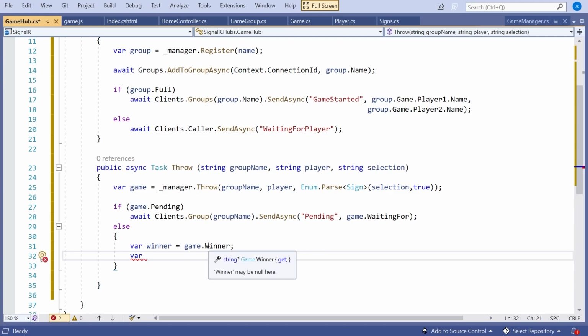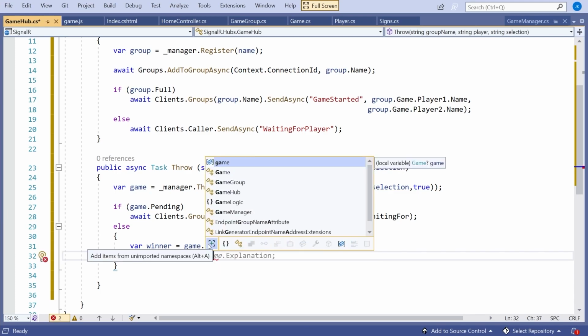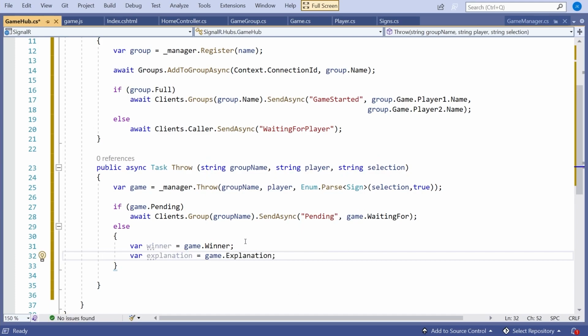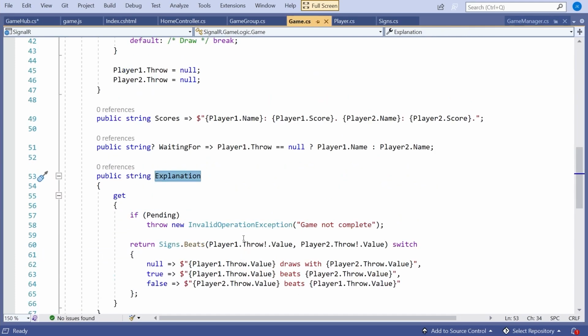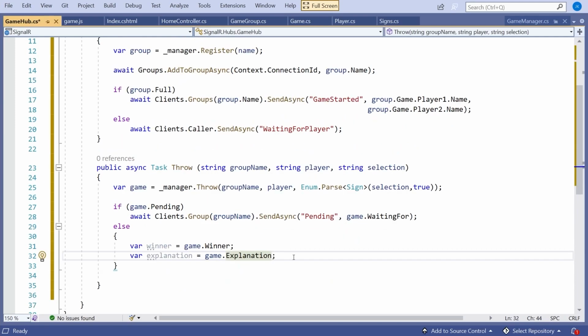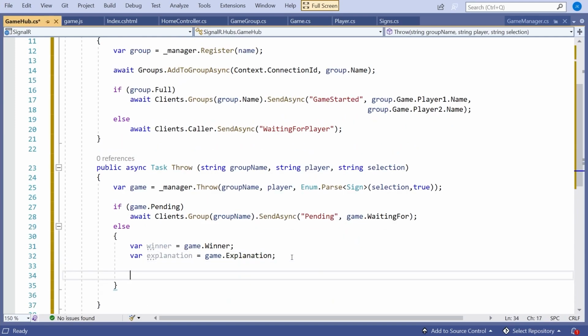So it'll either give us back a winner, or if it's a draw, it's going to give us back null. And then we've got this explanation, and that is going to be game.Explanation. And what that is, if we just take a quick peek, is basically it tells us rock beats scissors, or paper beats stone, or it's a draw, or whatever it may be, something like that. So that's the explanation.